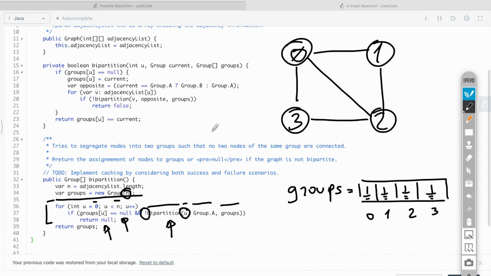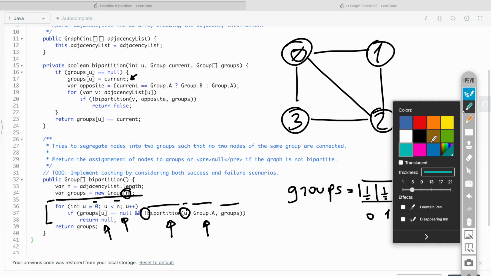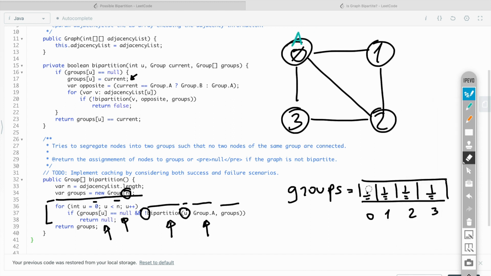Now what happens is that since the node is still unassigned, we assign it to the assignment that was passed here, group A. So we assign this to A, and also we write a value here that it's now assigned to A. And since this node is now assigned to A, all neighbors must be assigned to a separate group, because an edge means that the neighbors cannot be part of the same group.